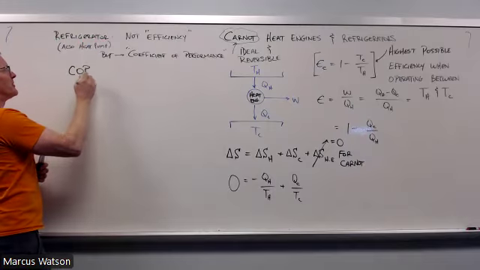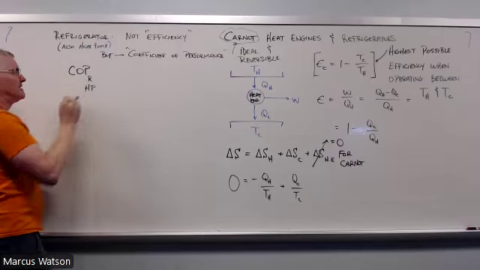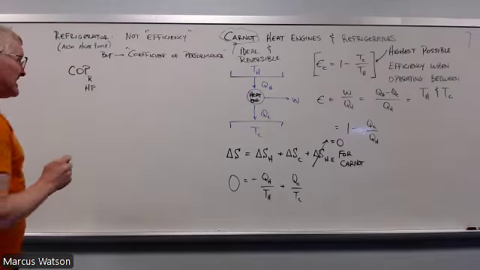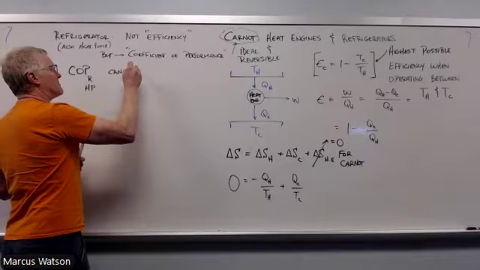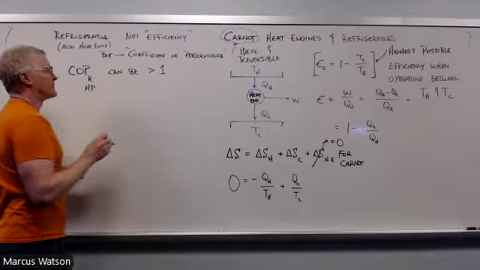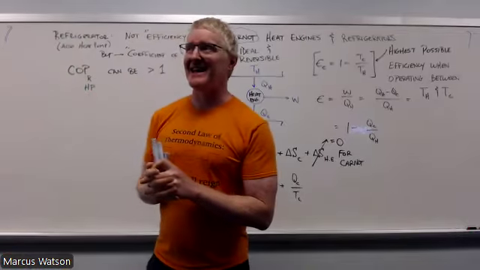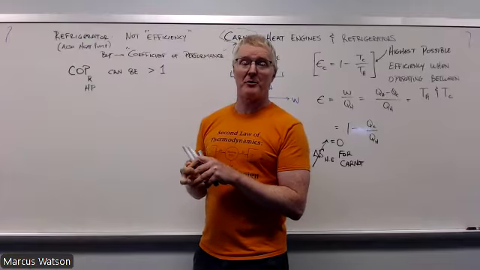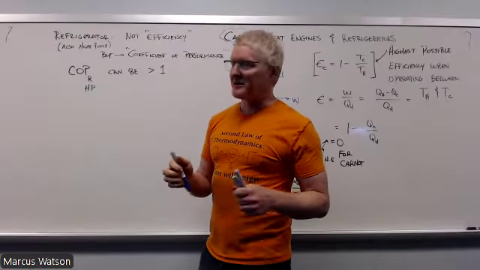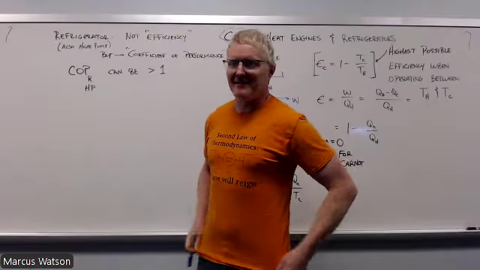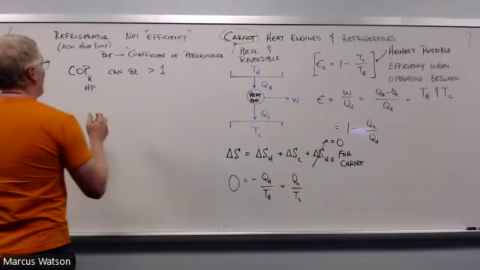Also is useful for the heat pump. So you'll often see this as COPR or COPHP or something like that. Can be greater than 1. And honestly, if it is close to 1, you have a crappy refrigerator. Really, this should be a number that's like 5 or something like that. Why? Okay, let's explore.